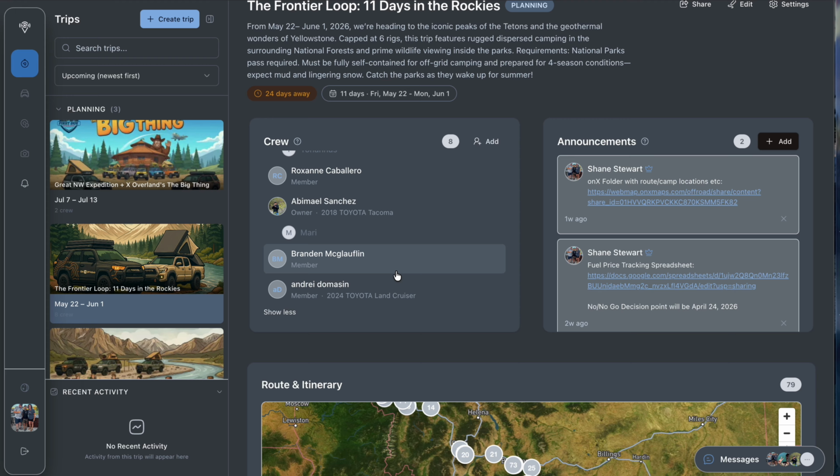Now we'll still have Onyx up. This will still pair with Onyx, especially for land ownership and all of that. The two primary apps that we will utilize for this 11-day trip are going to be Onyx Off-Road and SitRep, just because we all use Onyx. We rely on Onyx for certain data like land ownership and route building. While SitRep does build a route, the Onyx route building allows us to customize that route a little bit more when needed.